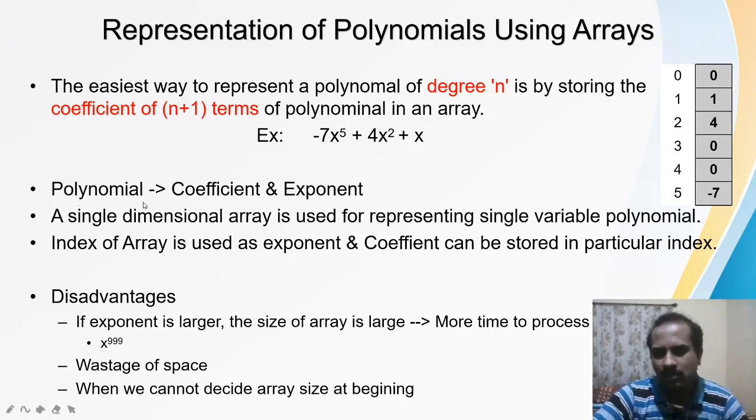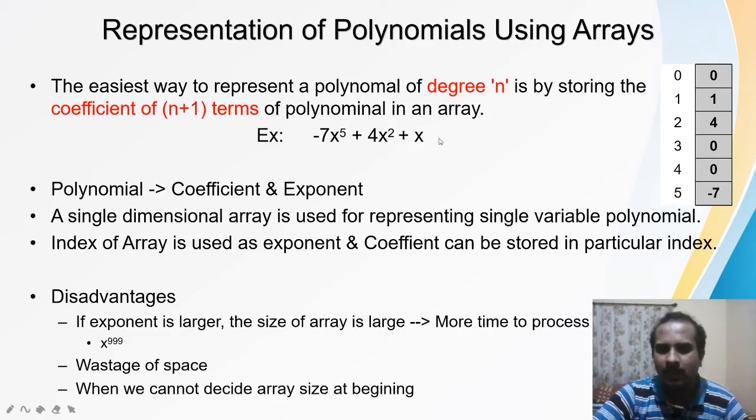So polynomials will be having coefficient and the exponent. The coefficient is written in the data part, that is where the memory is storable, and exponent is the degree that is representing the index part. So 0x to the power 0, that comes here. So in the 0th degree you have the 0. This is x to the power 1. So what is the coefficient? Coefficient is 1. So 1 x to the power 1.